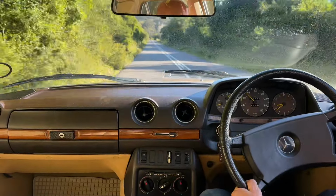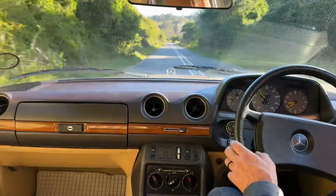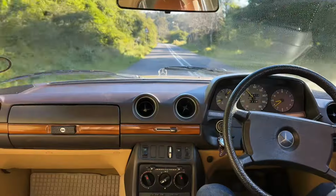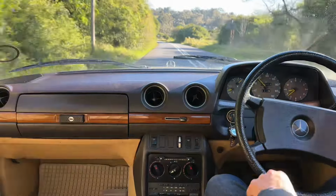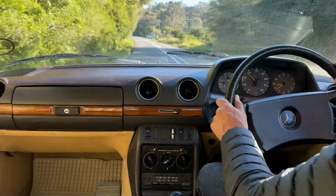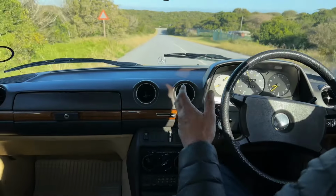I took it on the freeway the other night. Lights are very, very good in it as well. It can only be better now that it's been upgraded as well. So yeah, we'll just get around here, and then when we're on the open road, we'll carry on with the driving video. Okay, so as we come up here to CV Road,